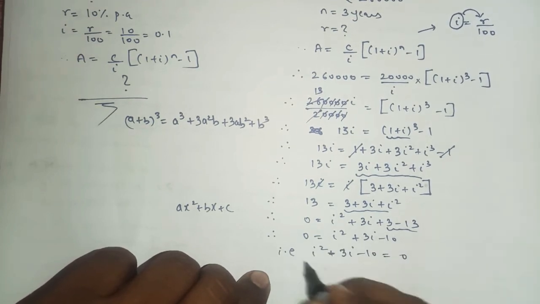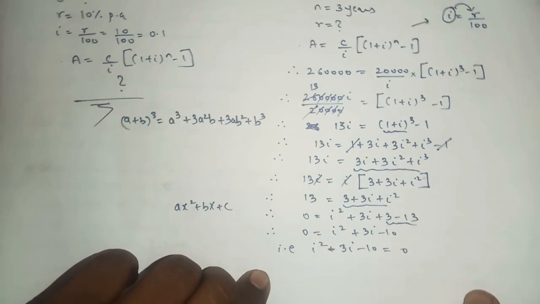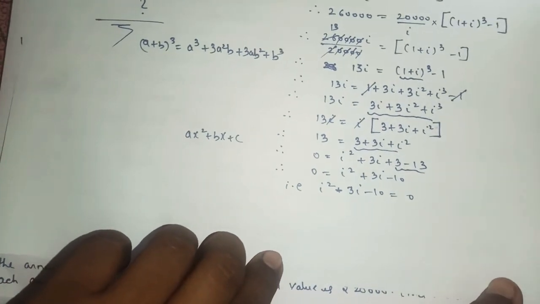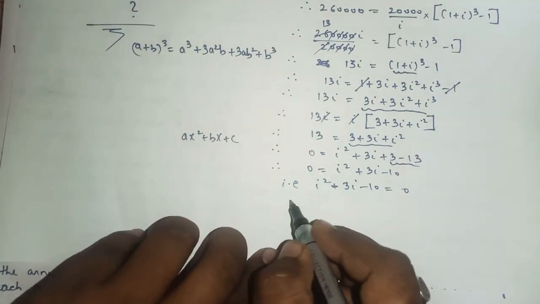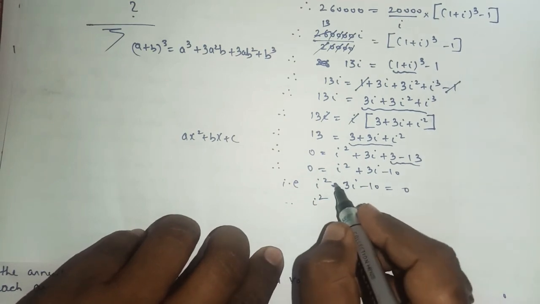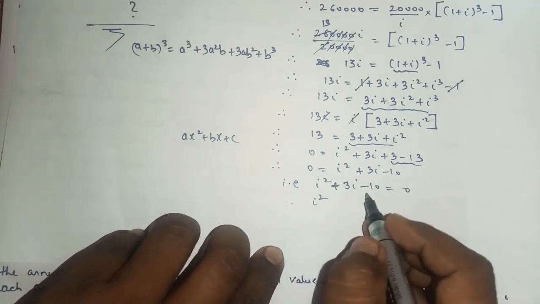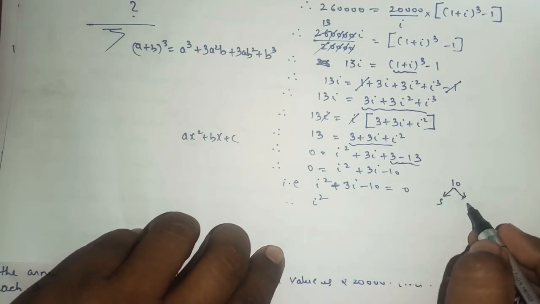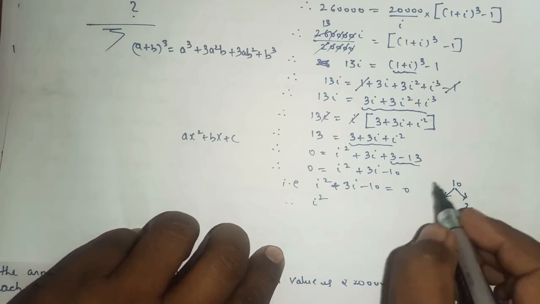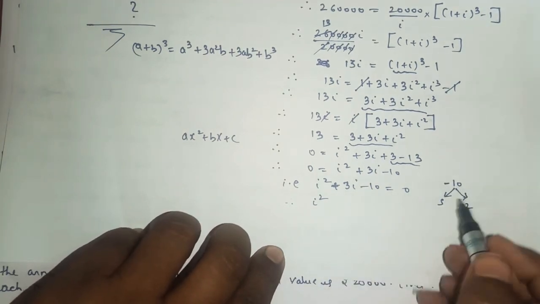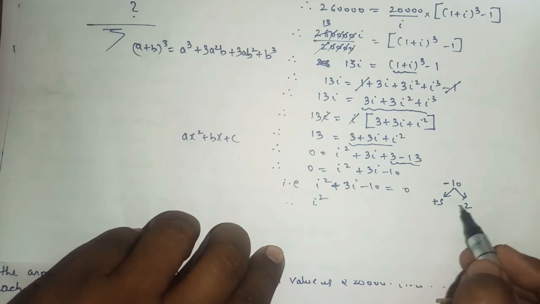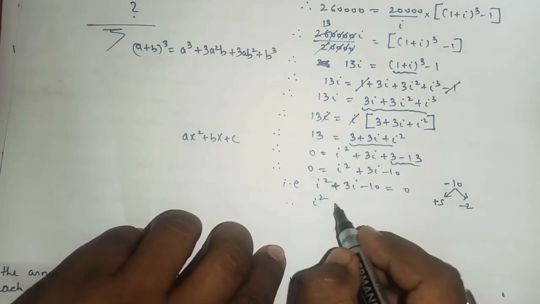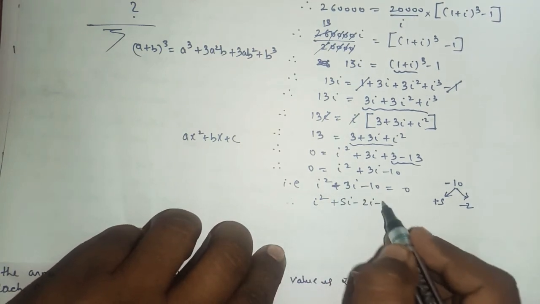one quadratic equation. As here you got the quadratic equation, we know how to solve a quadratic equation, just simply by splitting the middle term. So i square, here we require plus 3 and here we have minus 10, so 10 we can write as 5 into 2, but here we have minus 10. Yes or no, product? So plus and minus, as we require plus 3. Okay, so plus 5i minus 2i minus 10 equal to 0.